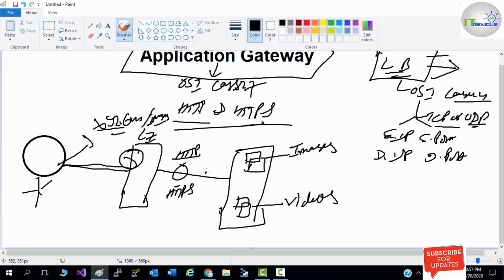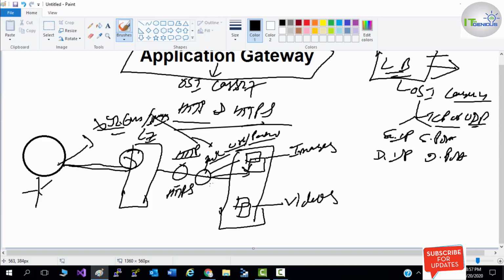Then there would be a rule configured here. As per the rule, traffic will be forwarded to your backend pool servers. If the rule matches the URL based or path based request, it will check where to send the request. If the URL is images, the request will be forwarded to the images server.